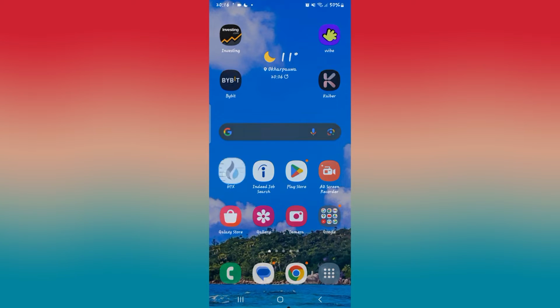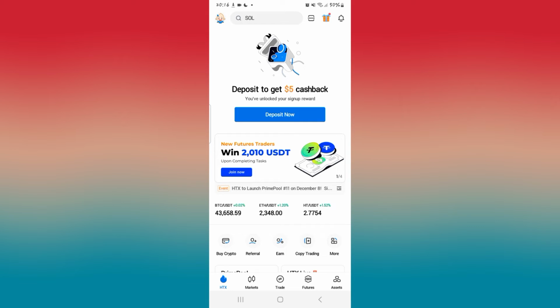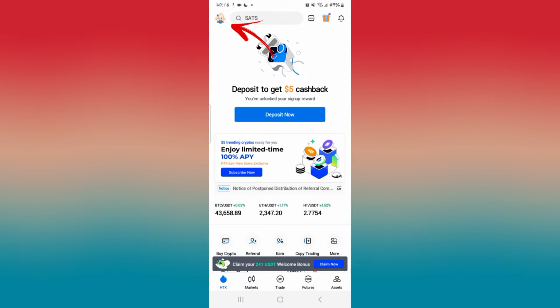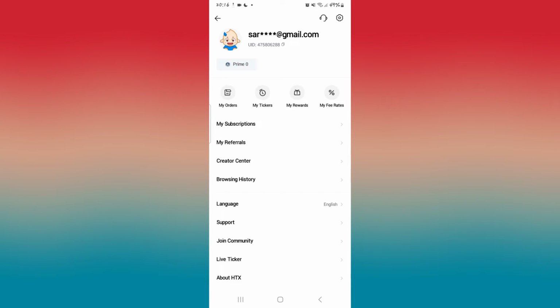First of all, just open up the Huobi or the HTX wallet application on your smartphone, and if you haven't logged into your account already, you might be asked to log in. So use your credentials or your login code to log into your account, and then you will be taken into this homepage. Now from this homepage, tap on your account icon at the top left corner,